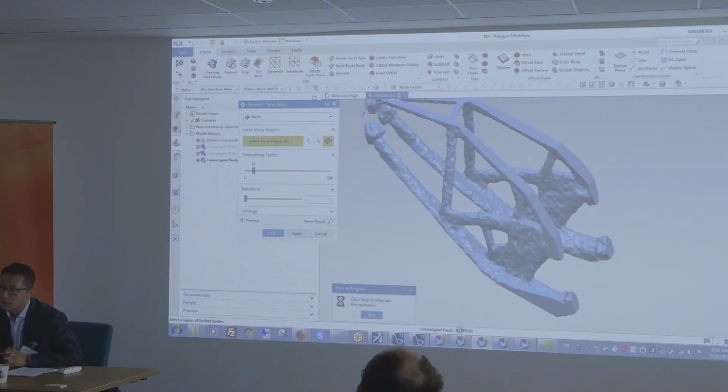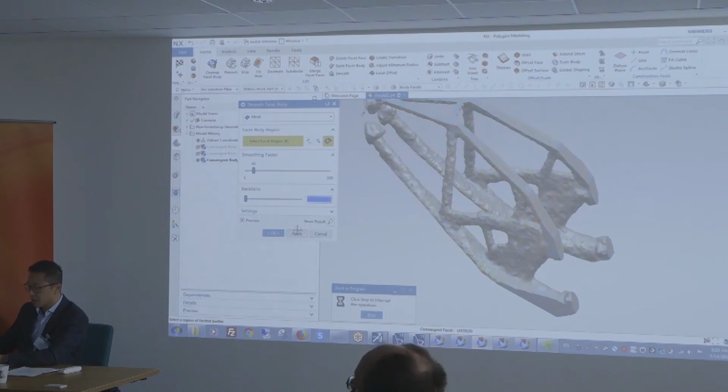So this polygon modeling set of skills within NX, this is a separate module, isn't it? Or is it still in the CAD? So it's a separate module in terms of the product structure, but in essence, we've not moved away from our typical CAD that you're familiar with. It's still the same environment.